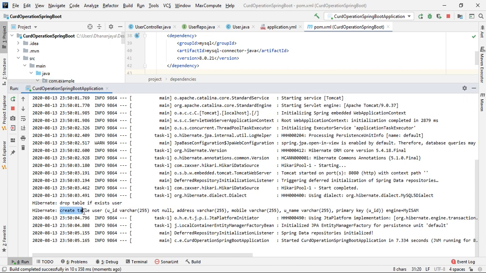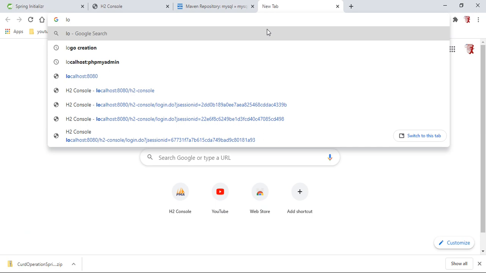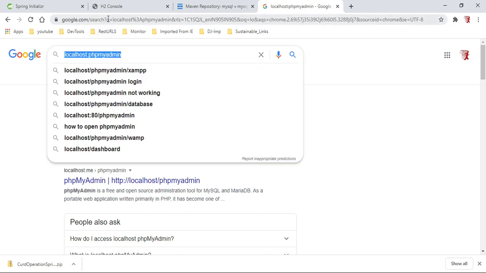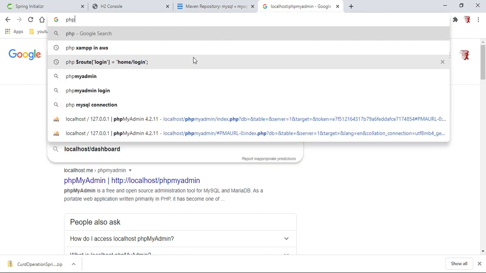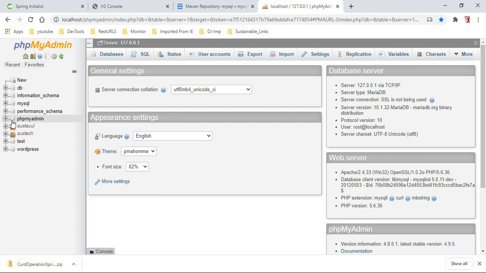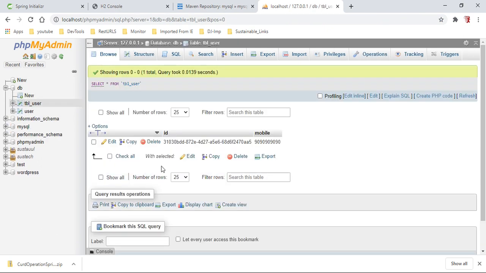If you see here, one table is created in the MySQL database. Let's go to the MySQL database and see. Localhost. Yeah, it's the DB. We have tbl_user, and we have one entry here.